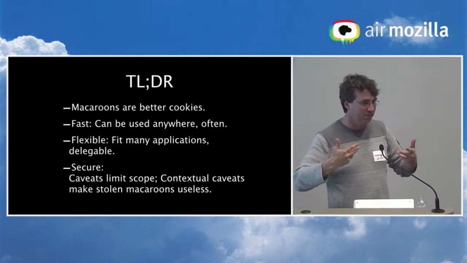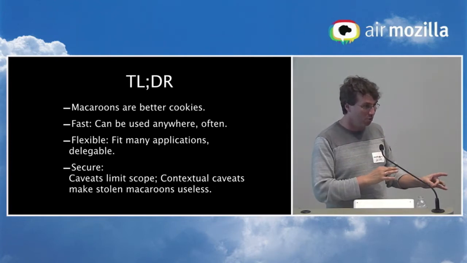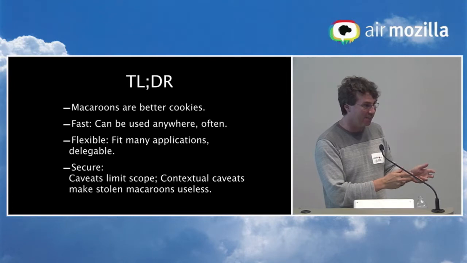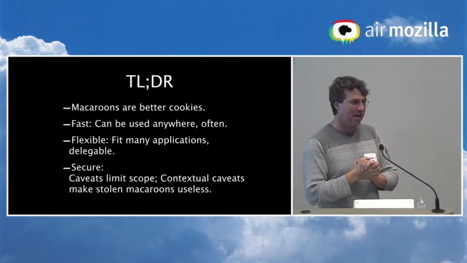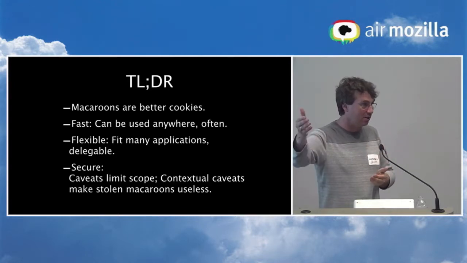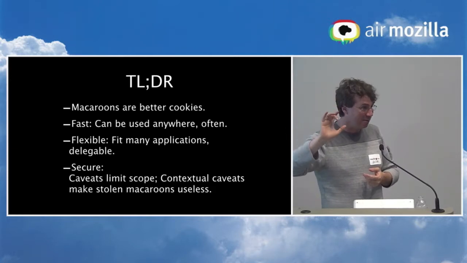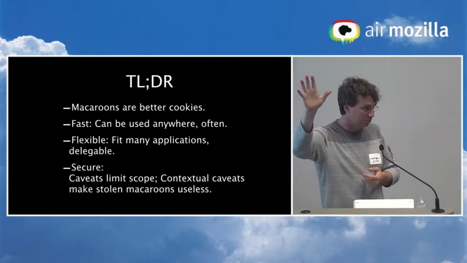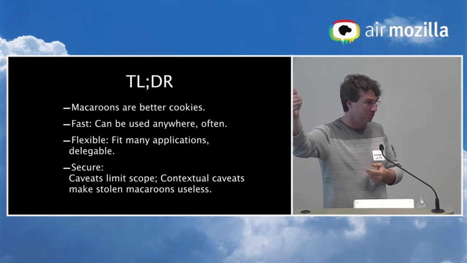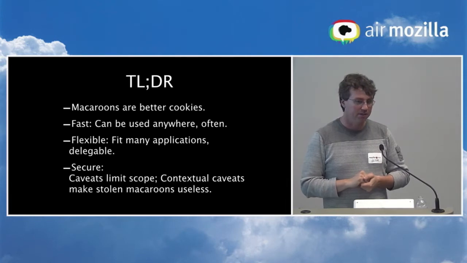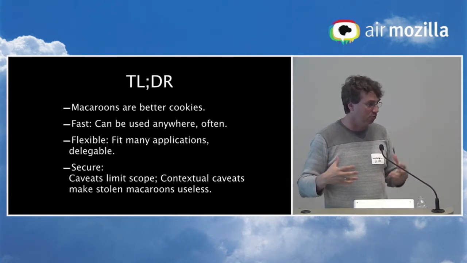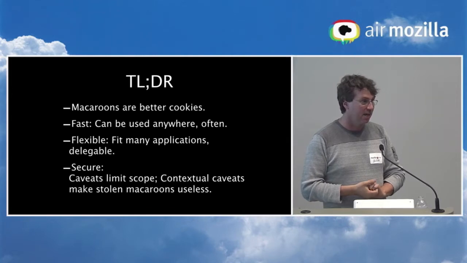As you get a credential, you can now bind it to your local machine by putting a third-party caveat saying, I need a proof from my machine before I use this credential. Or you can bind the things you send on an HTTP channel. If you ever need to send a credential on an HTTP channel, you can put a caveat saying, this thing I'm about to send only lasts for 2 seconds. So now you limit your exposure dramatically if somebody's snooping on the wire. So maybe those are the things you start with, but you hold the full flexibility in reserve in order to avoid complexity to begin with.